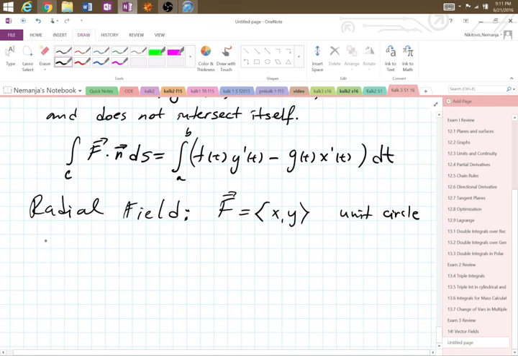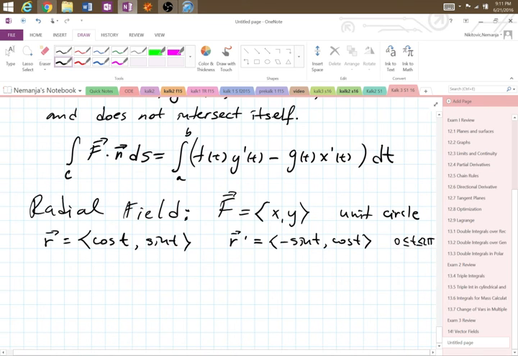So we have that r is again cosine t, sine t. R prime is negative sine t, cosine t on 0 to 2 pi. And now all we need to do is to plug everything in. So the flux